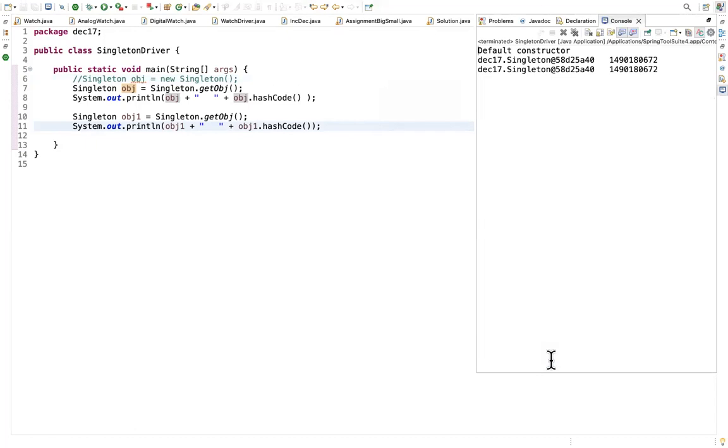So what happened here? However many times you call, my object is created only one time. Earlier, we were getting different values, right? Every time it was giving a different hash code value. But this time, if you see, it was giving only one object value. In that case, however many times you invoke, my object will be created only once. Because that is static, and I'm creating it only once on your request, not multiple times. So anytime you call, the object will be one. So when do we use this?